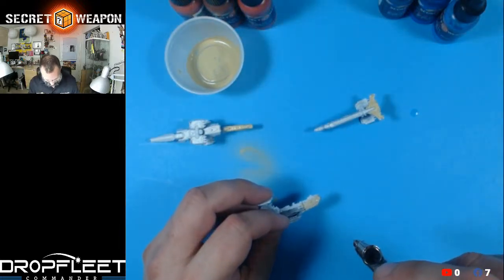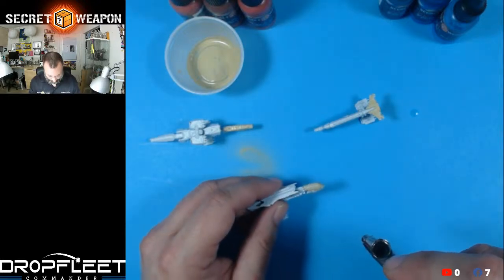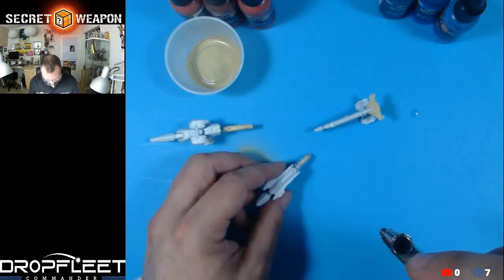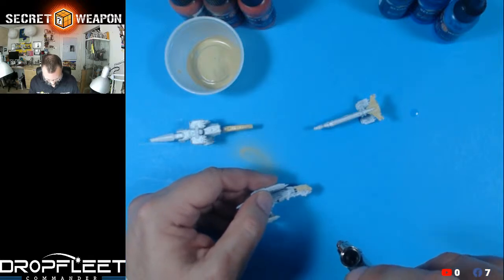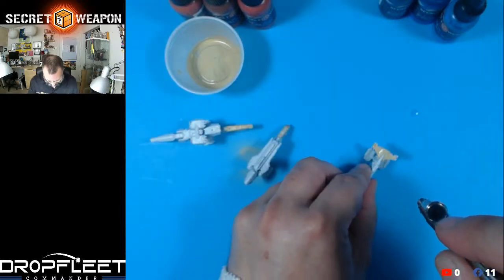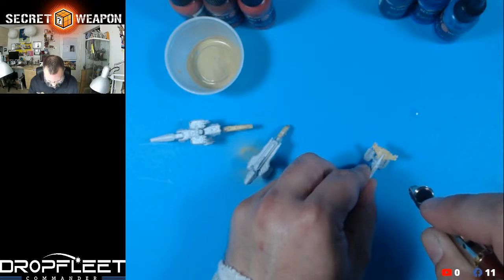So I'm just hitting it with a little bit of air now to speed up the evaporation process. I know it's always fun to come in and watch paint dry, but